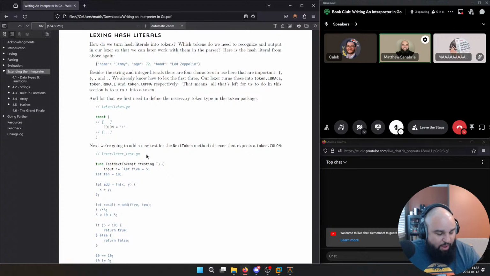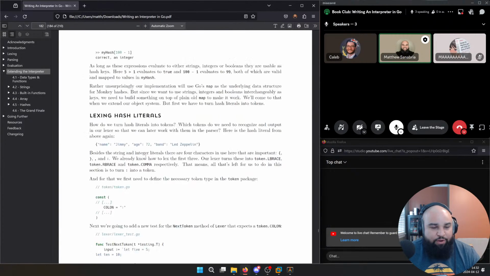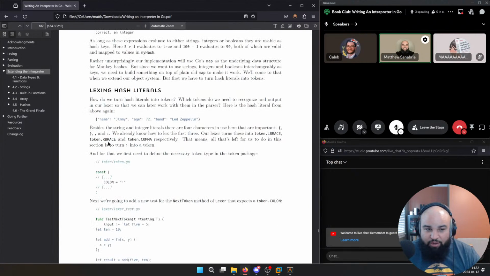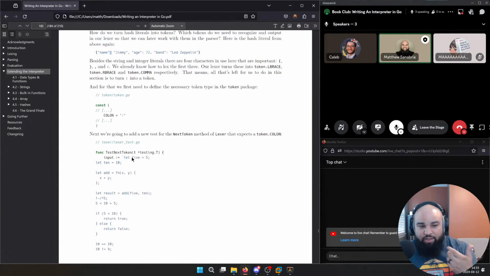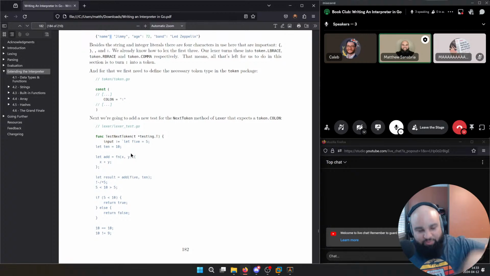The author says for hash maps, the only real new thing we need to do here is lex based on our tokens. And the author says the only new token that's in this input is going to be the colon, right? Because that's the only one that we have not actually lexed yet. We've lexed the left and right braces with functions and conditionals. We've lexed the double quotes for strings. We've lexed everything else for identifiers and everything else, but we never lexed this colon yet. So we need to add that to our lexer if we want to actually lex hash maps.